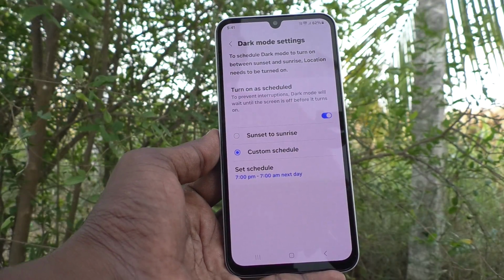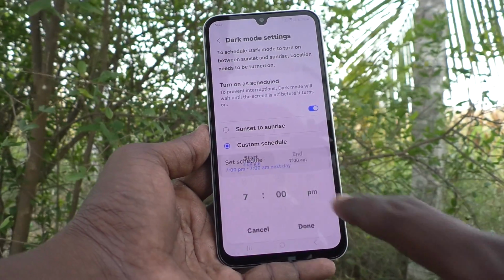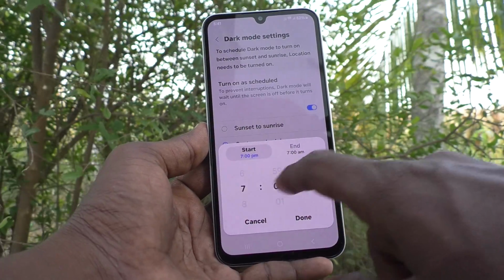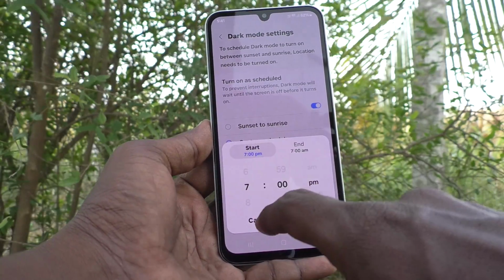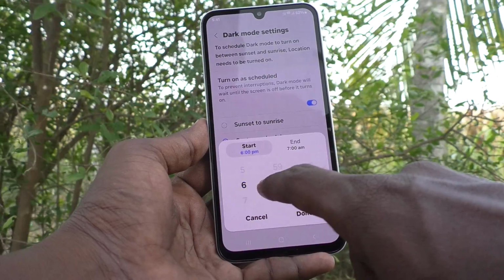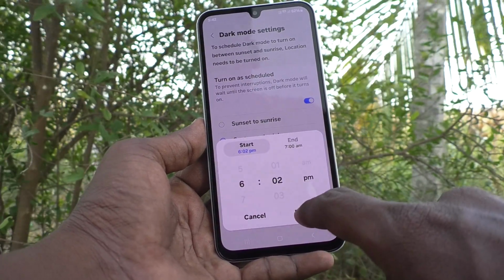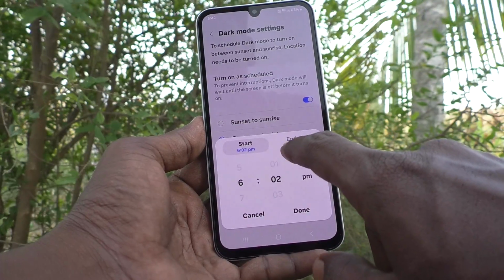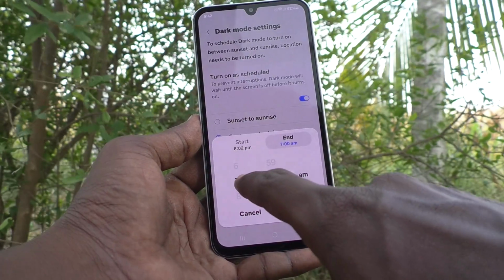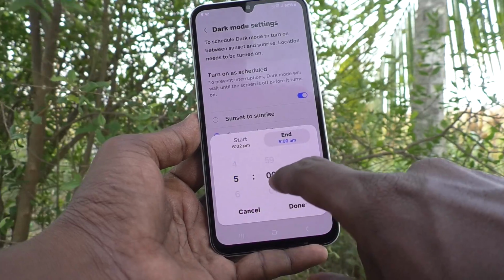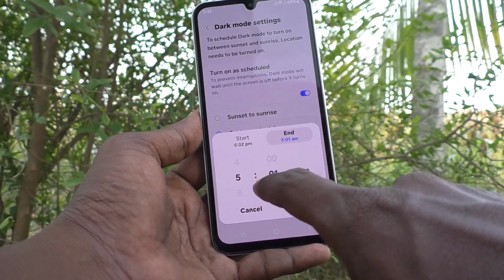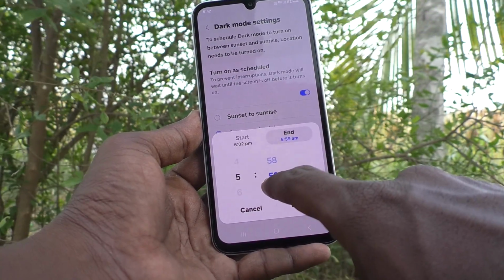Click on custom schedule and here set schedule. Click on set schedule. Here click on start and set your own time. Here I would like to set 6:02 p.m. and click on end. Here you can set end timing. Here I would like to set end timing as